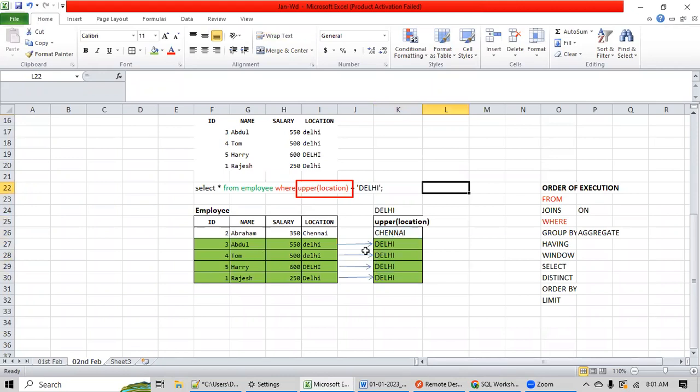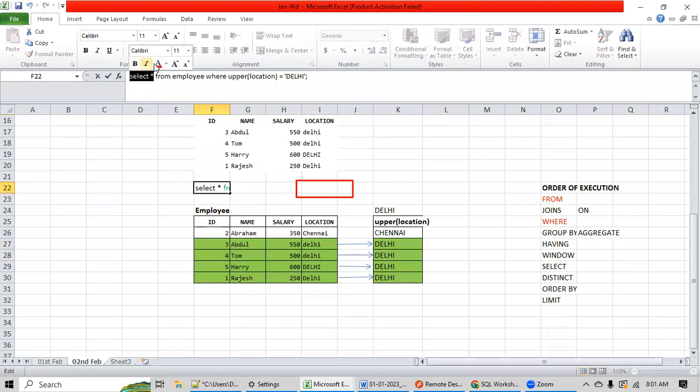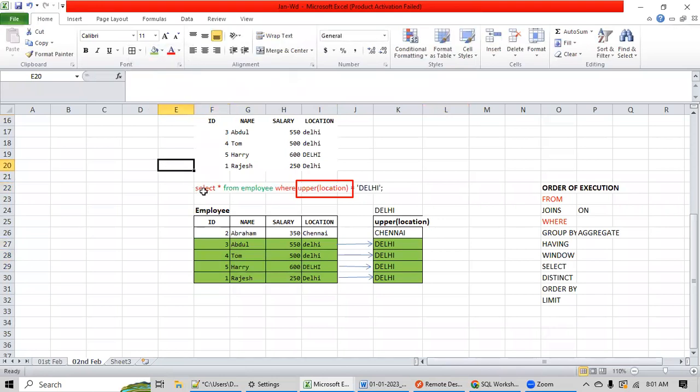Okay, and then these records are derived from this record. So after where, the engine will come to the select clause. In the select clause, you have mentioned select a star. What is the meaning of select? Display all. What is the meaning of a star?